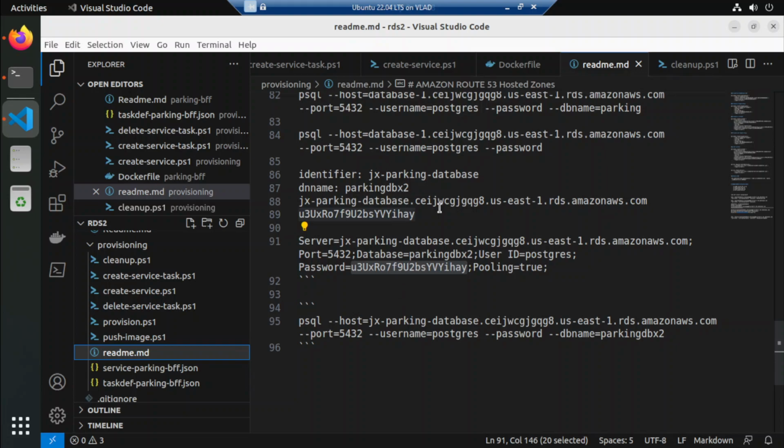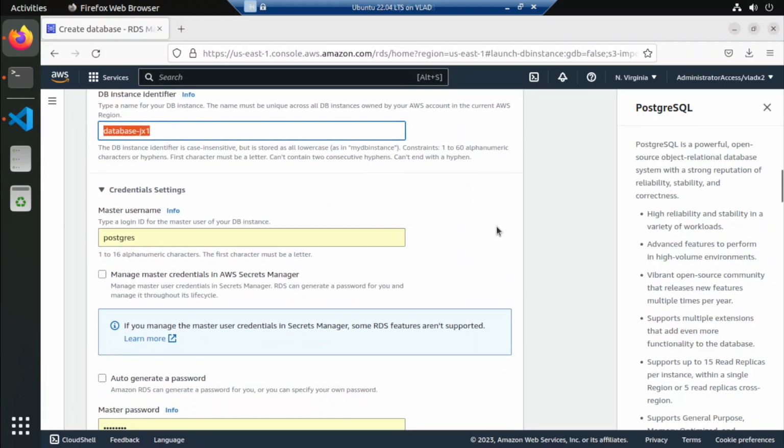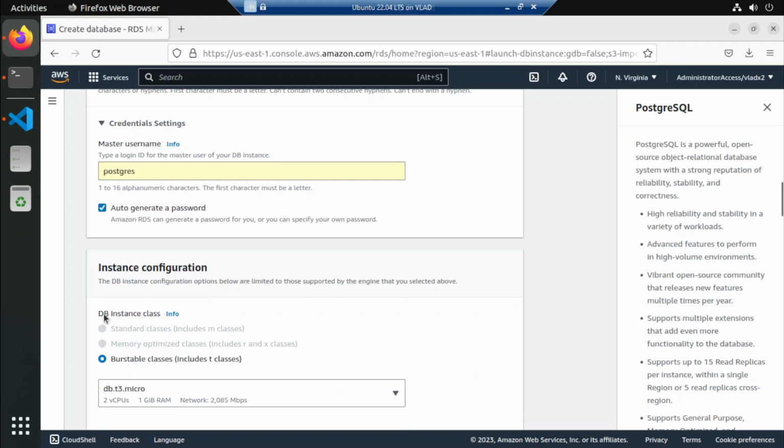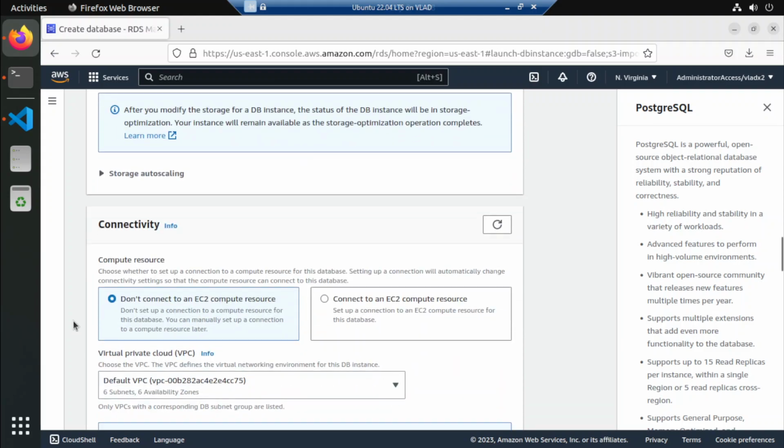All right, so the identifier, this will now be the new identifier, and then we want to auto generate the password, storage scaling,